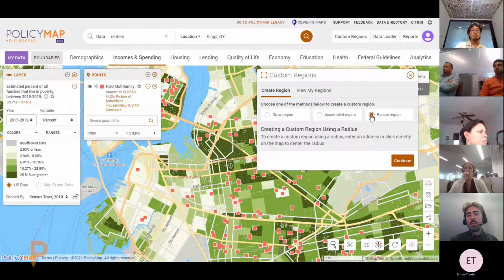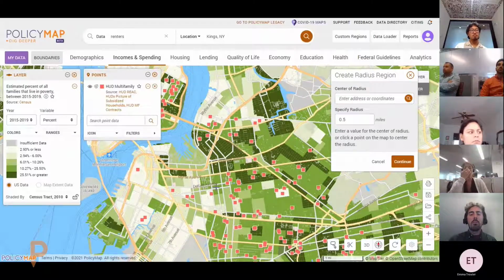So I can just use maybe the radius as an example here. If you click on the radius option, let's say this is one of our projects and we want to create maps or access data based off of a radius around that project. So I would click on the map,